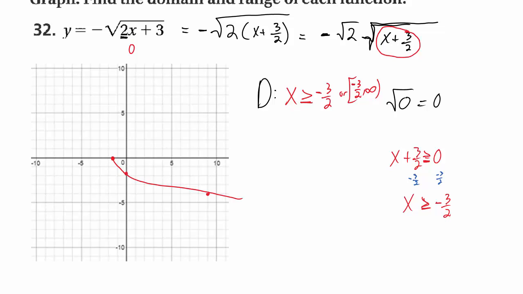So the domain is all numbers bigger than negative 3/2, or you can even write it as a decimal. You can do all numbers bigger than negative 1.5. That's fine as well. And then the range